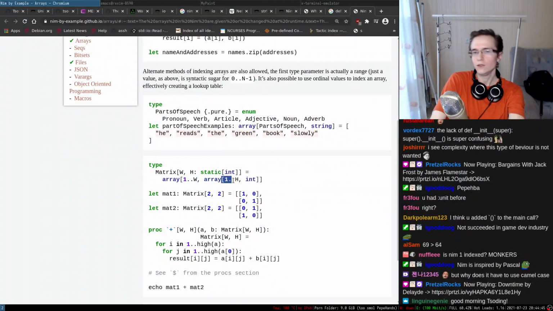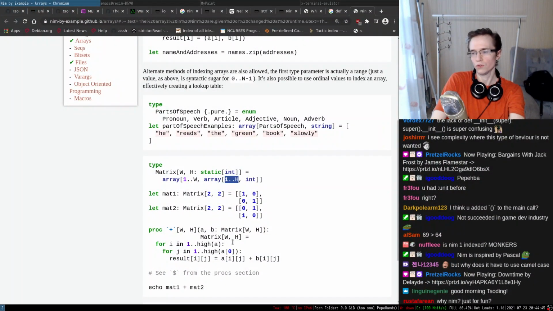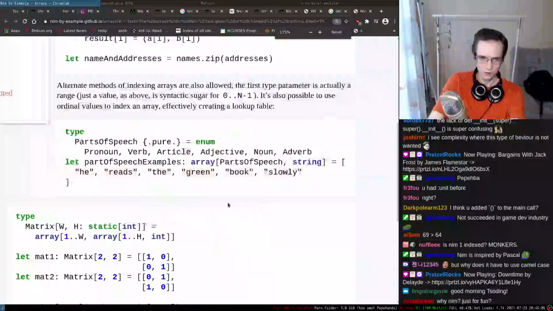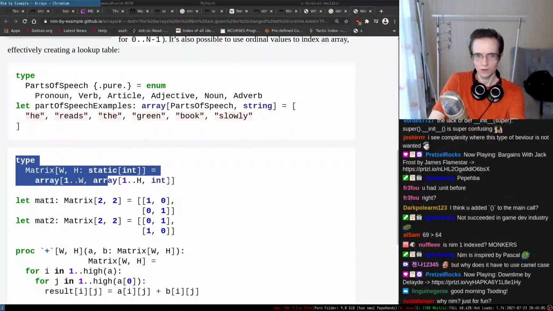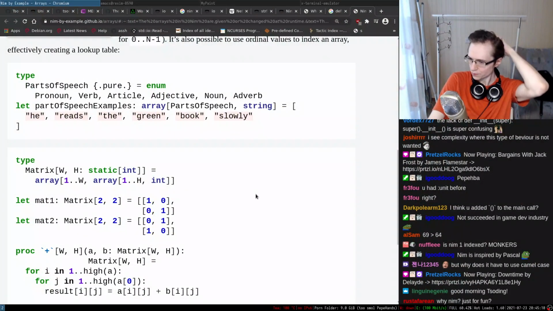So you can basically define your own ranges if you want to, so it doesn't matter, just like in Pascal. In Pascal it doesn't matter because you basically define whatever range you want, right? If you want 0 based, it's gonna be 0 based. If you want 1 based, it's gonna be 1 based. It just doesn't matter. Right, so this is how we usually do that.